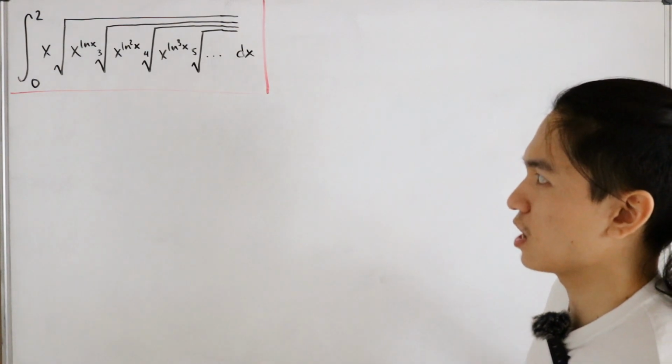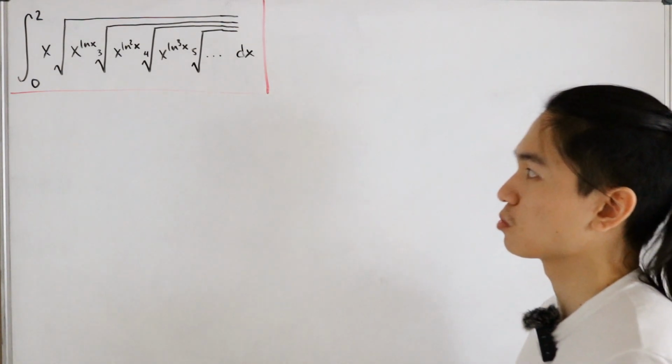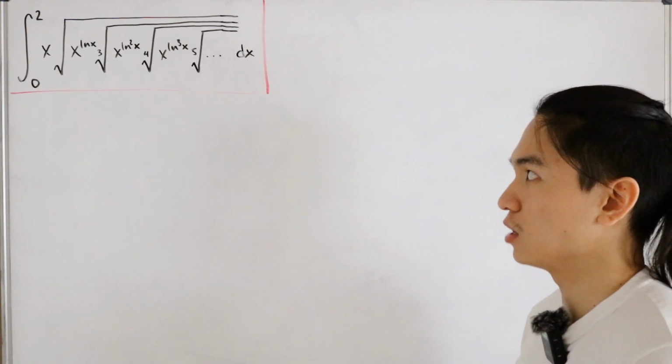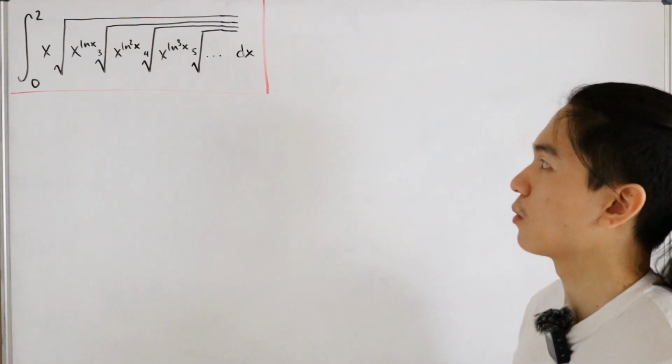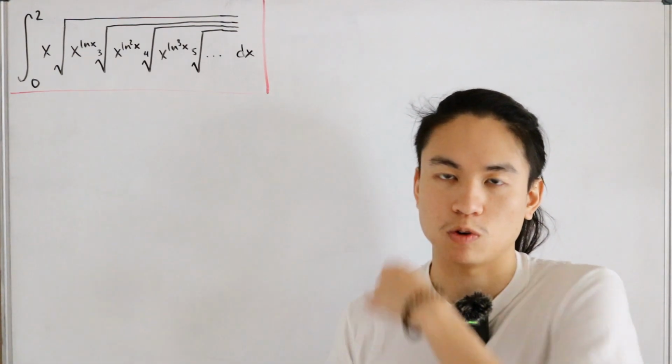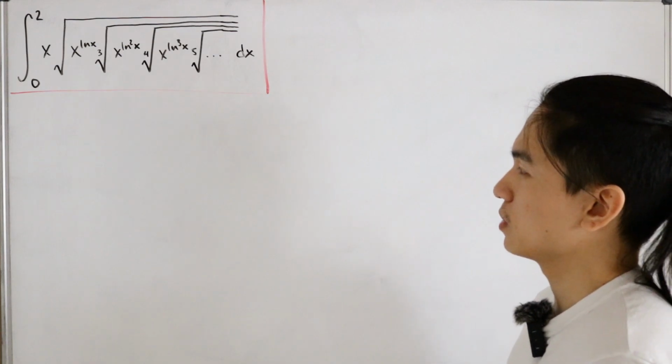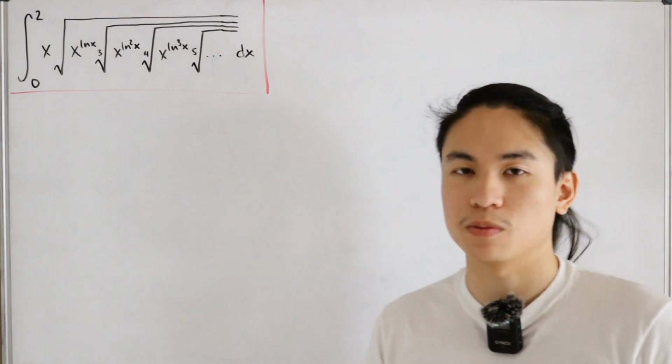So we have x times the square root of x to the power ln of x, multiplied by the cube root of x to the power ln square of x, the fourth root of x to the power ln cube of x, and then the fifth root, and so on and so forth. So infinitely nested. This can actually be done, and it's going to be a short video,